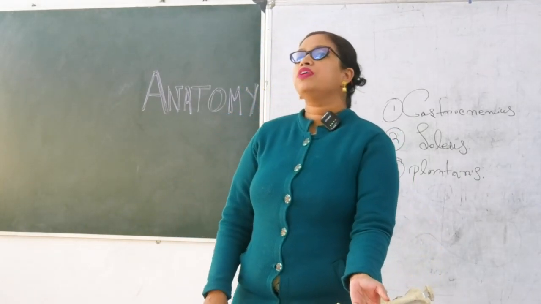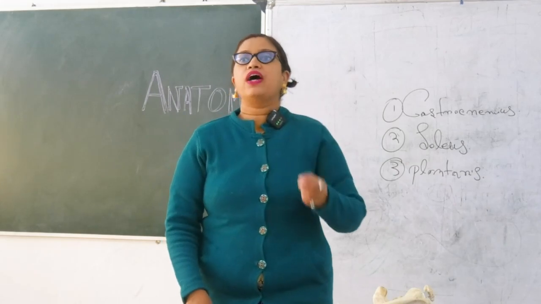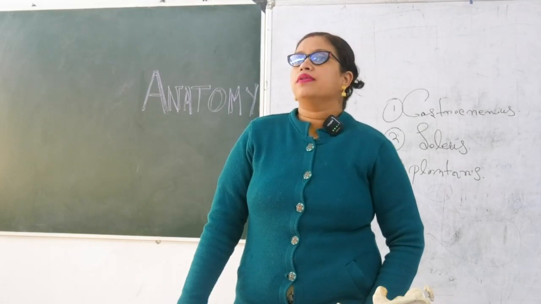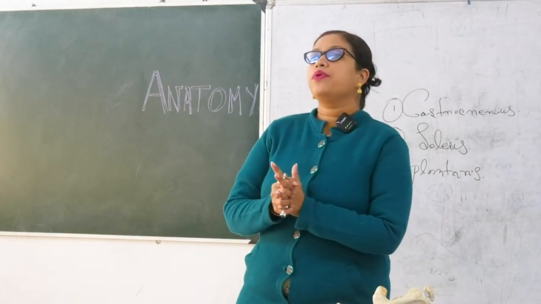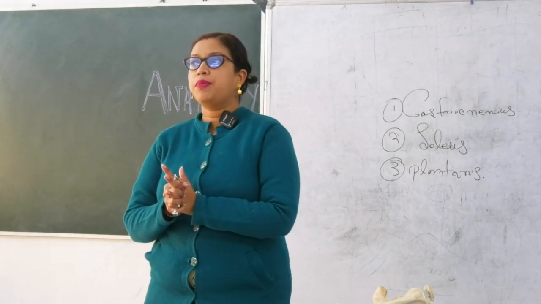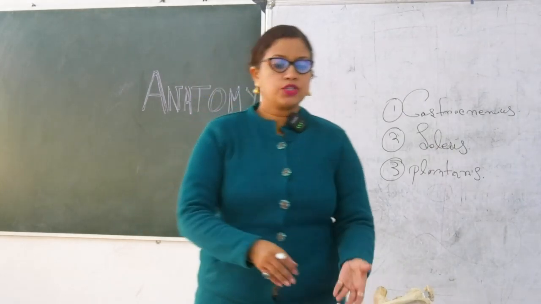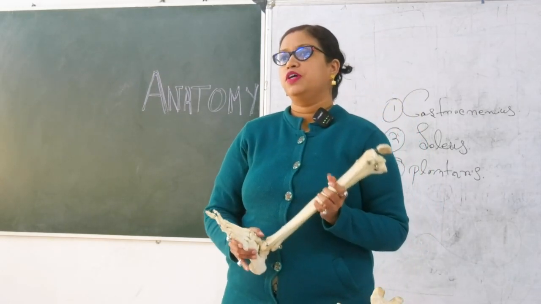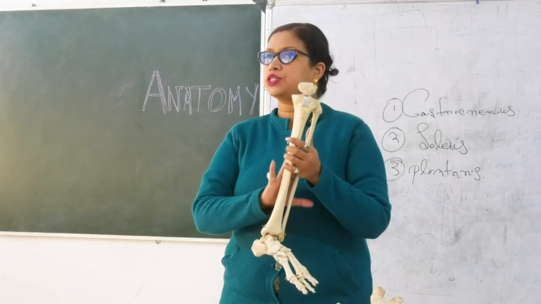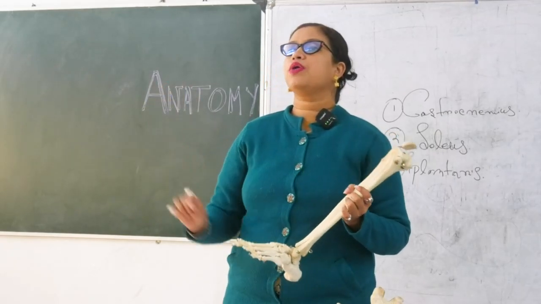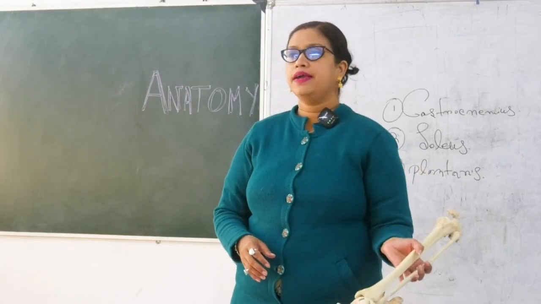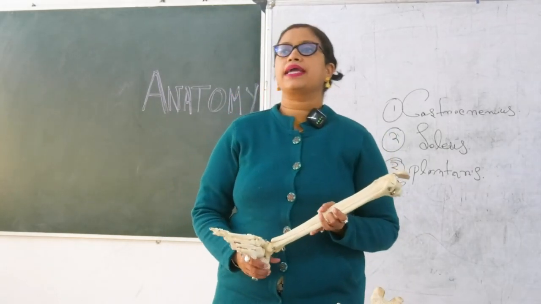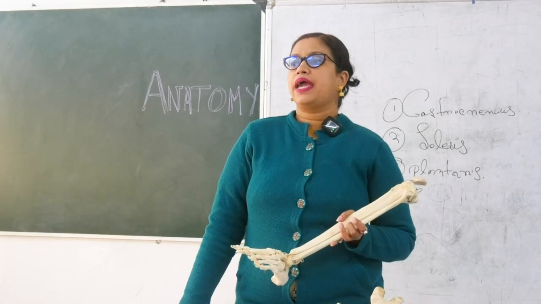Now about the function, which thing I skipped, so write it down about the function of all these muscles one by one. So first one, tell me gastrocnemius, what would be the function? Number one function would be flexion of the leg, okay, flexion of the leg, that's okay. So write it down, flexion of the leg, number one, then plantar flexion of the ankle joint,